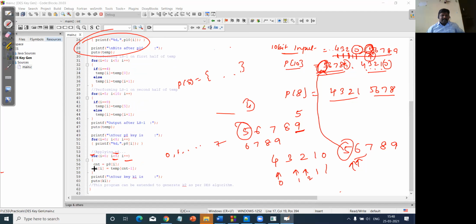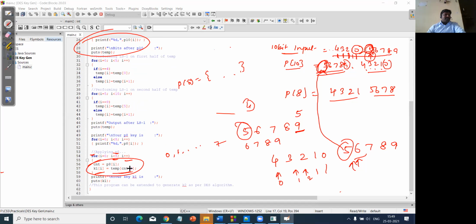So here I'm going to initialize the count value, CNT, which is P8 of i. Here I'm going to consider K of i, which is temp of CNT minus 1, because the P8 values are initialized from 1 to 8, while in temp we have the values from 0 to 7.